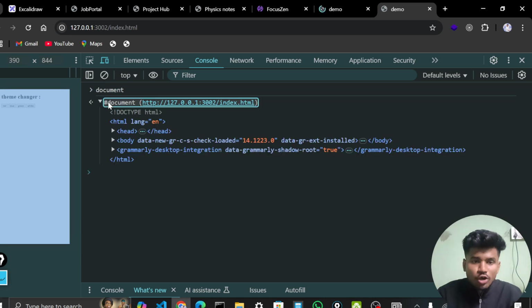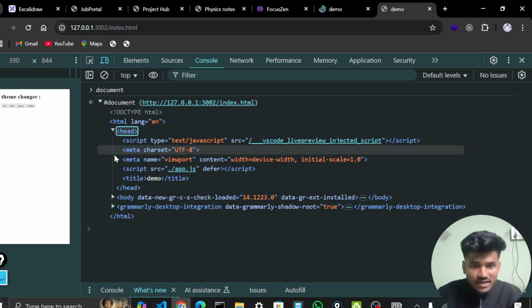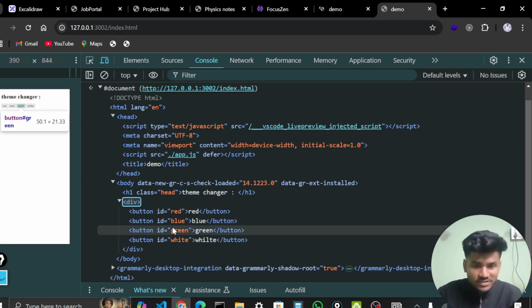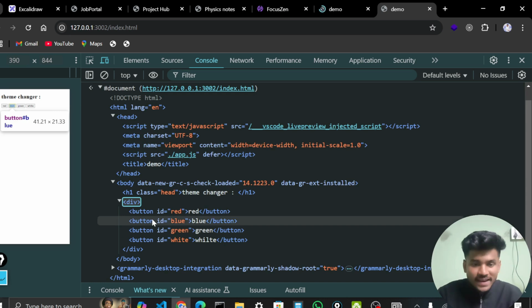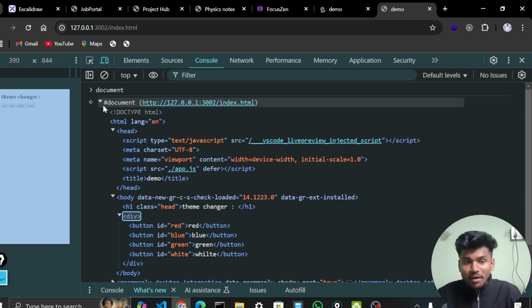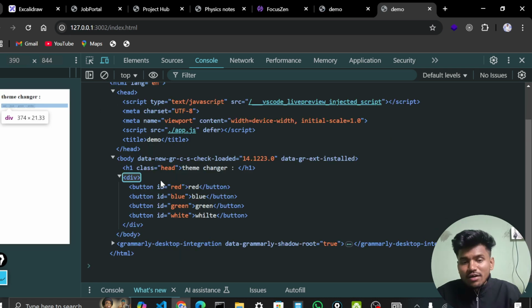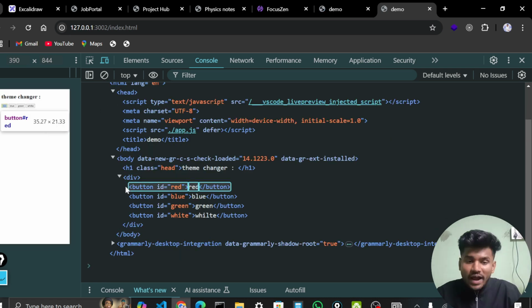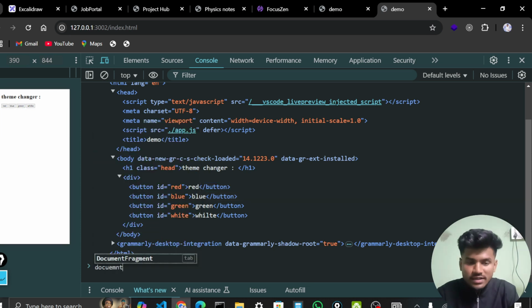In the document, what kind of things will be the content? HTML. You can see that this is all the code. Here you can see button id red, button id blue, button id green, button id white. When you write document, it contains all the HTML code. But what I need is one particular button, the red button. So how can I get that particular button? For that, what you can do is